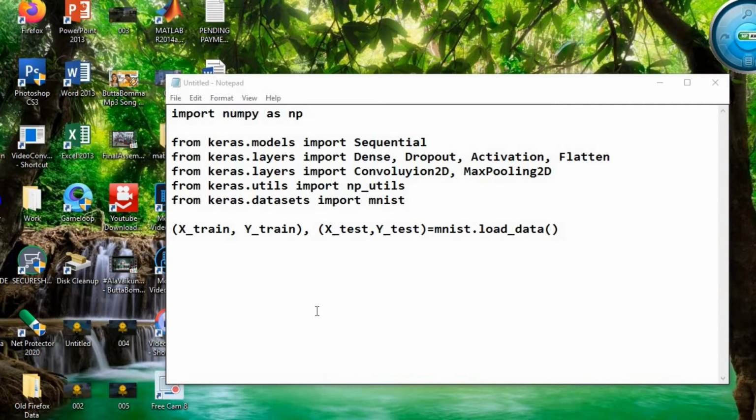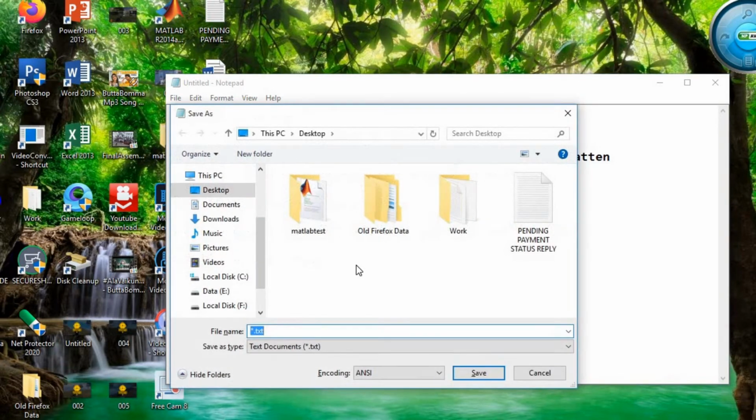So we have loaded all the MNIST data in terms of train and test, along with train label and test label. To configure a neural network, we must know the shape of the data used for training. So let us print the shape to understand what kind of data it contains. This will print the total number of images and the size of each image in terms of rows and columns. So this statement is responsible for printing. Next, let us save the program first.